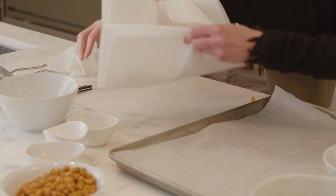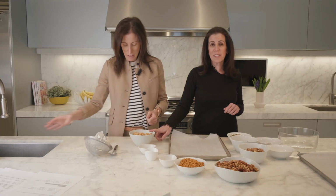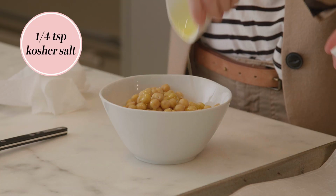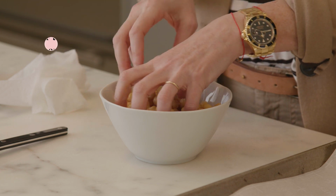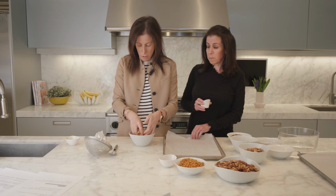Once they're dry, you're going to put them back in the bowl. You're going to toss the chickpeas with 2 teaspoons of olive oil and 1/4 of a teaspoon of kosher salt. Mix that together, place it on a parchment-lined baking sheet, and you're going to...